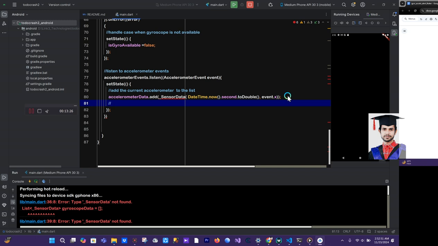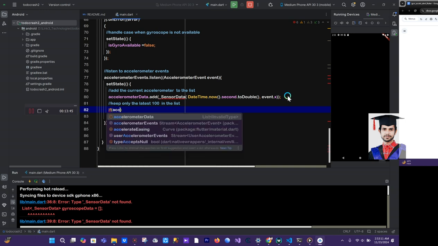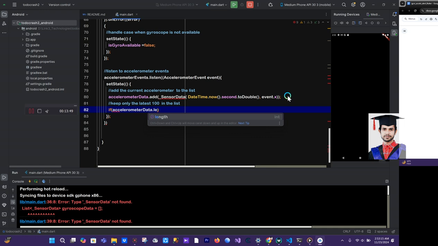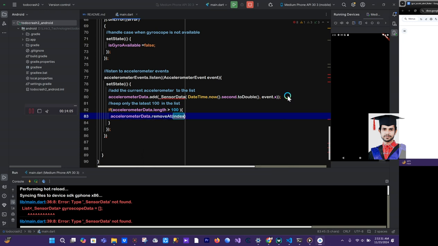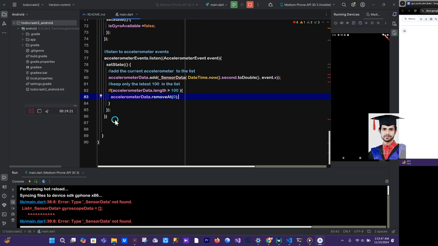So we're gonna keep only the latest 100 entries. We're gonna keep in the list. So we're gonna keep a condition: if accelerometer data dot length is greater than 100, we're gonna type accelerometer data dot remove at 0. So we're gonna keep only the latest 100 in our list. And now what we need to do is we need to